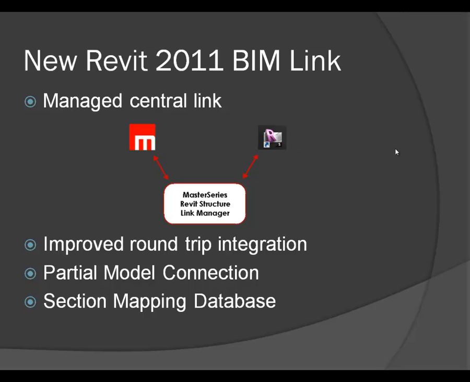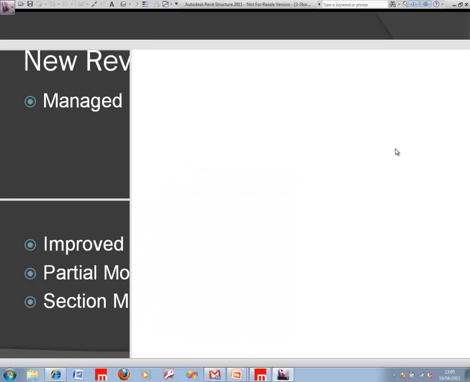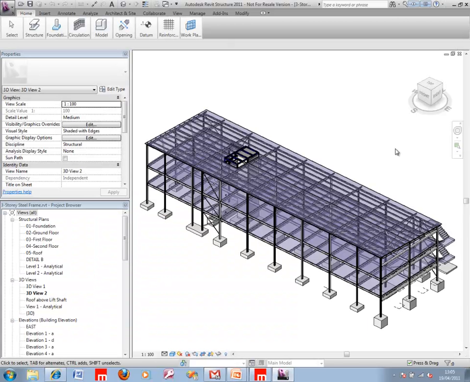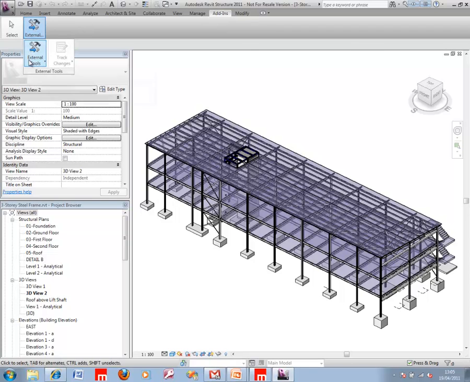So let's get started. I would like to start on the Revit side of things, and I have a model here, and we will find the MasterSeries tools in the Add-ins tab. So inside Revit we have external tools and the ability to start off this new Revit link manager. Previously you would have seen several commands here. You'd have seen commands to say send model to MasterSeries or update model from MasterSeries,